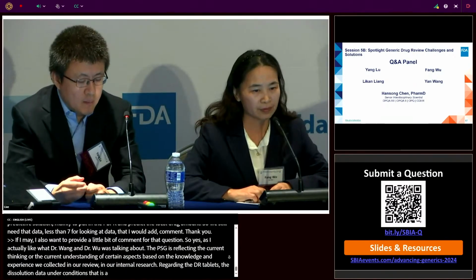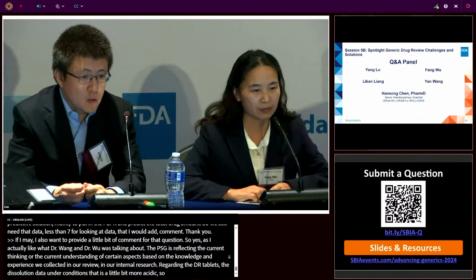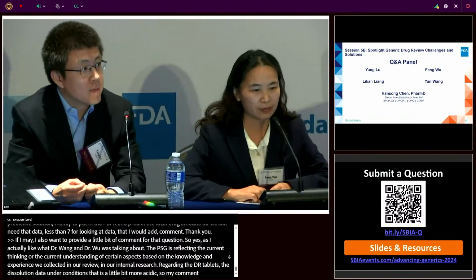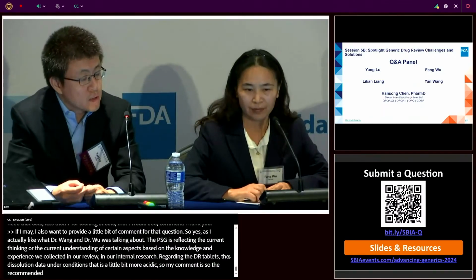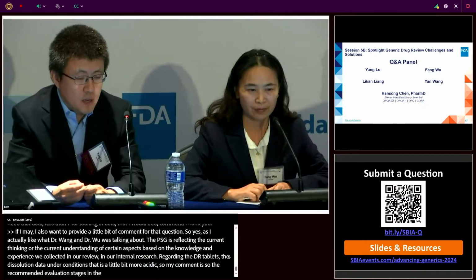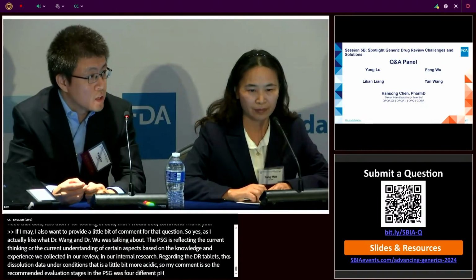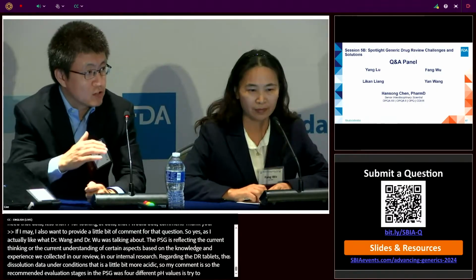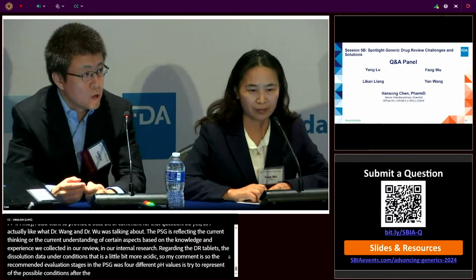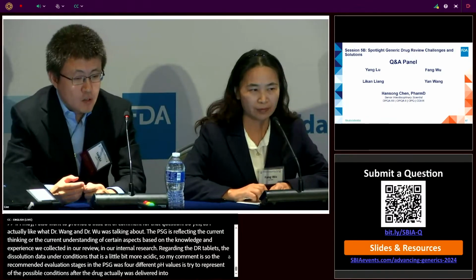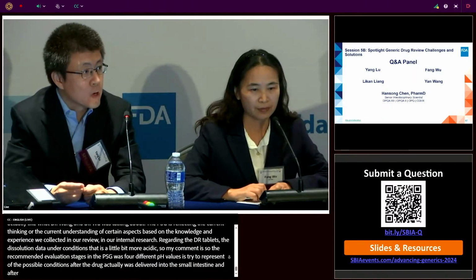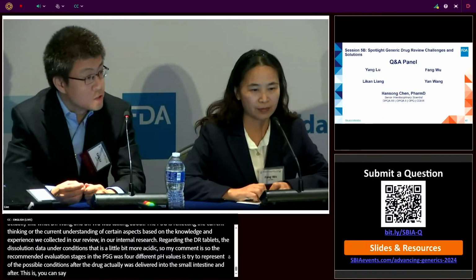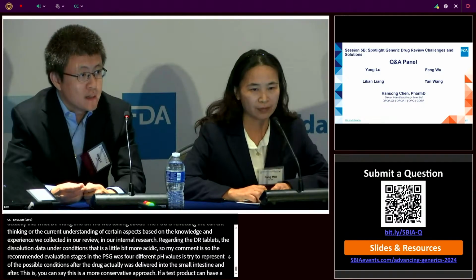So my comment is, the recommended evaluation stages in the PSG with the 4 different pH values try to represent all the possible conditions after the drug was delivered into the small intestine and after. So, you can say this is a more conservative approach. If a test product can have a very similar dissolution in all these conditions, that would be the